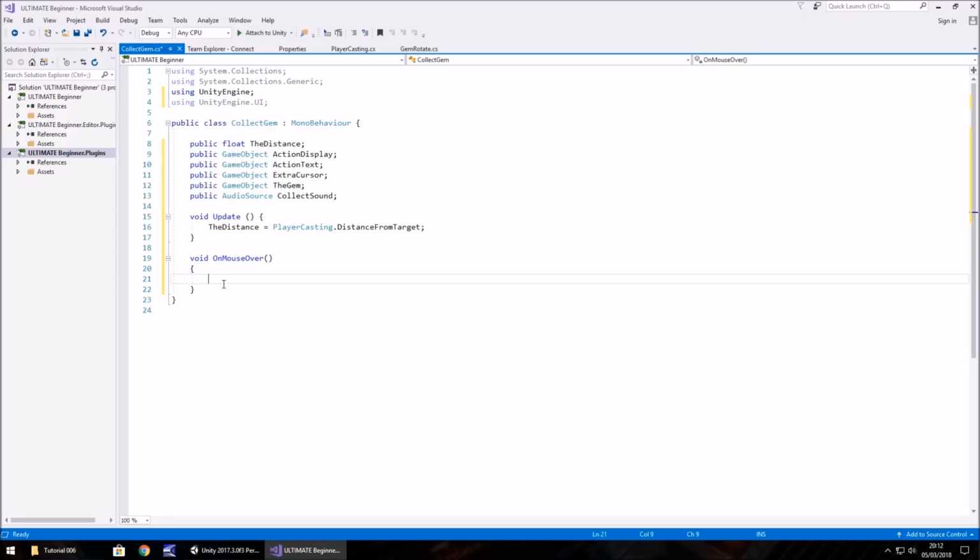Now, because we don't want things to happen as soon as we move the mouse over it, wherever we are, we need to check if our distance is, let's say, less than 3 maybe, or equal to 3. 3 is a pretty good number to have as a distance between ourselves and an object. So if the distance is less than or equal to 3, close bracket, open curly bracket, then we do the following. So if it is less than 3, then we need to have action